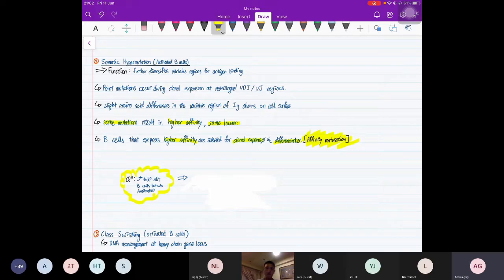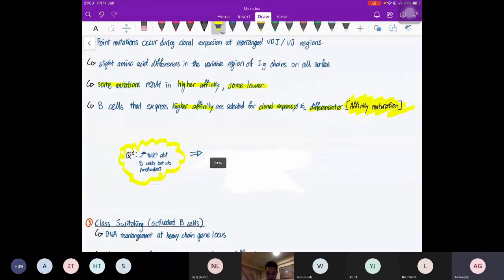Should I not wait for a B cell that has a B cell receptor that is almost 99% complementary to my antigen, so that if I produce so many of this, it is more effective in getting rid of the pathogen inside my body that I do not want? Right? Of course, you want an antibody that has higher affinity for your antigen that you don't want in your body. Okay. So now